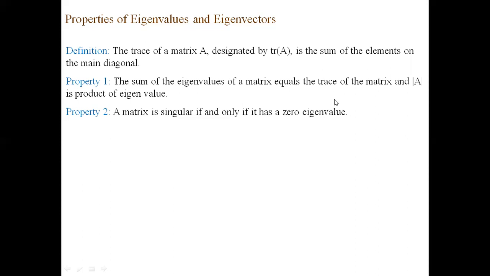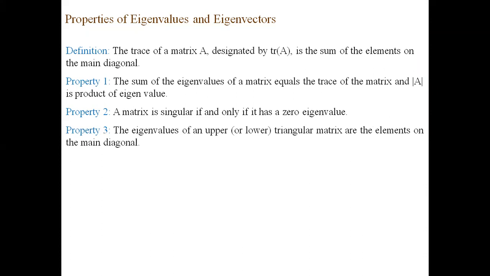This is an MCQ property. We are going to give you a matrix, a 4 by 4 or 3 by 3 matrix whose determinant is 0, and I'm going to give you 2 values which are not equal to 0, and I'm going to ask what the third value is. So at that time you have to recognize whether it is singular or non-singular. If it is singular, then the value is 0. No need to solve all the equations and everything. Okay. The next one is: the eigenvalues of an upper or lower triangular matrix are the elements on the main diagonal. What does this imply?